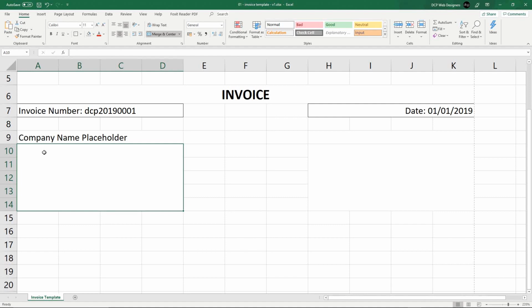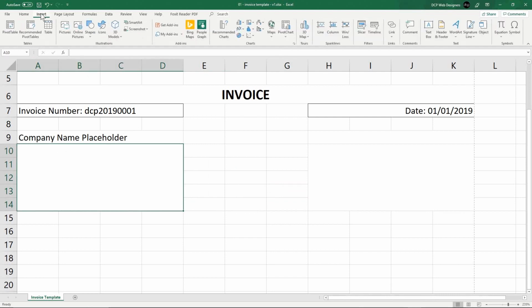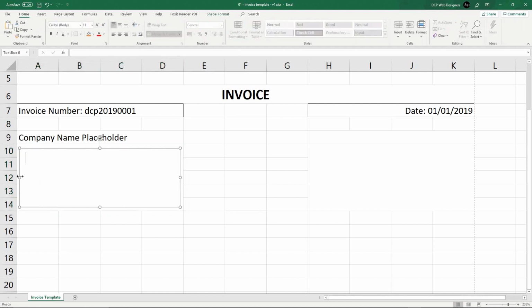So there's a couple of ways to do that. We can just, in fact, let's do it. There's probably a slightly better way to do this. So let's go to insert, and let's go to text box, and let's draw a text box in here. This is how I would normally do it. So we draw a little text box, and you can adjust or resize it. Normally I'll have it flush to the left hand side here, something like this, and then we're just going to put in a fictional placeholder address, right? So let's call it